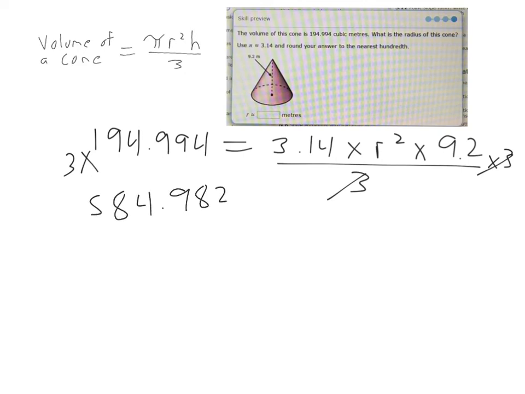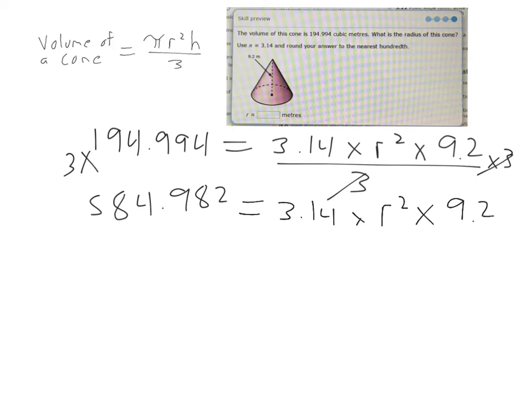Ms. Cooper, how many decimal places should I be writing down when I'm doing this? You'll talk more about this as you go into grade 8 and grade 9, but I usually keep 2 or 3. There was only 3 places when I did it on the calculator, so I have no problem writing those down. So now we have that equals 3.14 times r squared times